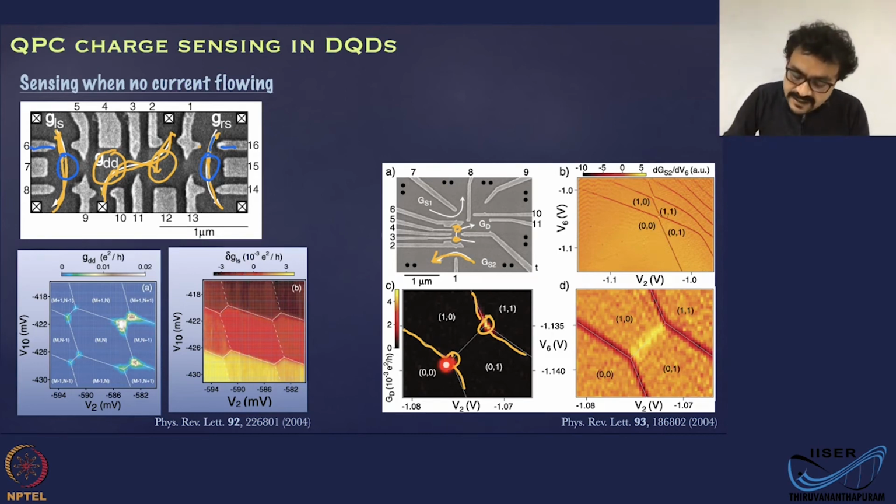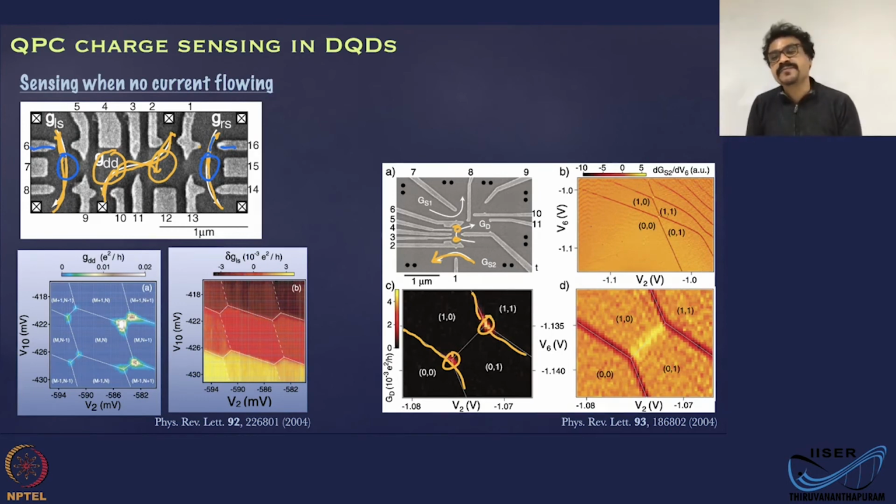Because the current happens only at this point, but the charge configuration changes in all these points. Okay. For example, here 0,0 and 0,1 are degenerate along this line. Along this line, 1,0 and 0,0 are degenerate. Okay. Whereas along this line, 1,1 and 1,0 are degenerate. Along here, 0,1 and 1,1 are degenerate. So all this information has been captured by the charge sensor, whereas the current sensing tells only the information at